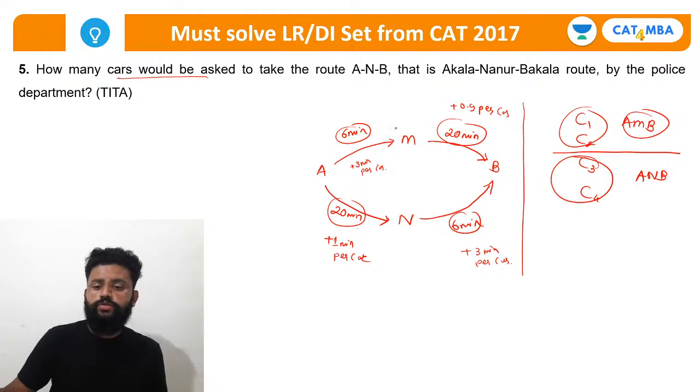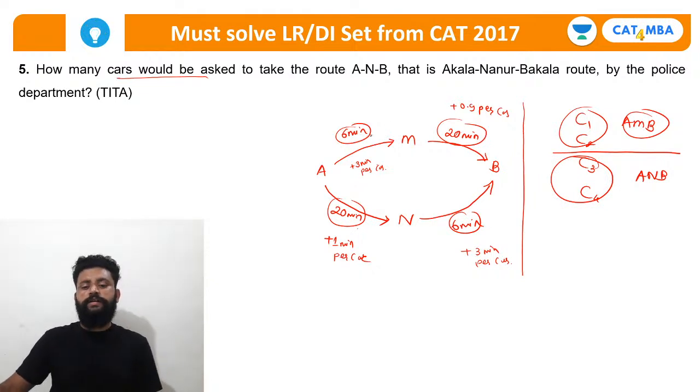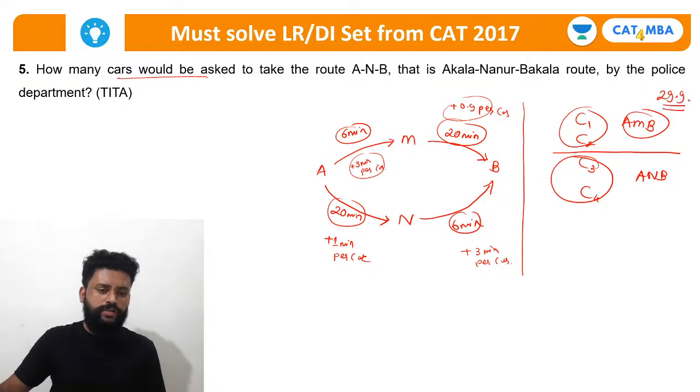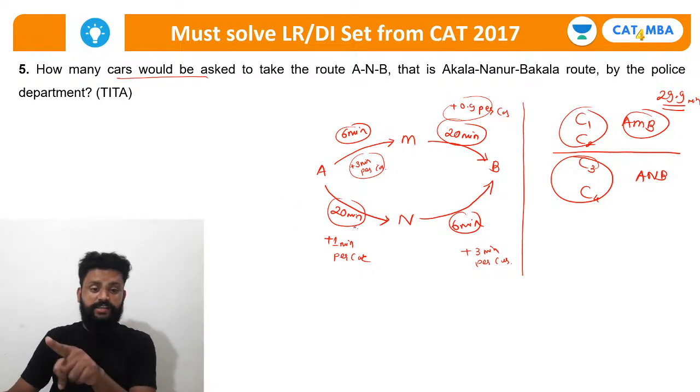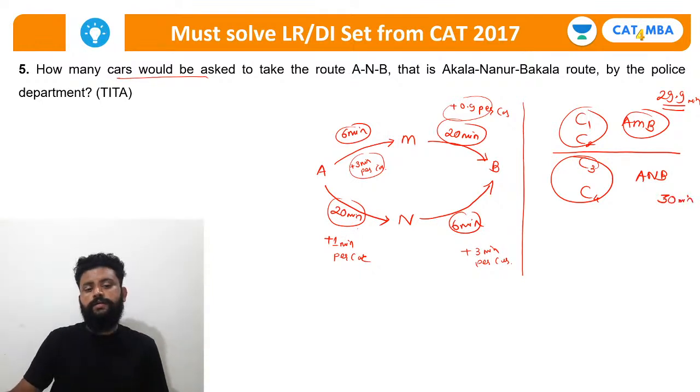अब एक चीज ध्यान दो, इन दो कार्स को इधर जाने से बोला तो ये 6 मिनट लगेगा, 20 मिनट लगेगा। एक एक्स्ट्रा कार है तो यहाँ पे 3 मिनट लगे, यहाँ पे 0.9 मिनट लगा तो 3.9 एक्स्ट्रा लगेगा, राइट? तो 26 + 3.9 29.9, राइट? और यहाँ से जो जा रहा है उसको भी ज़्यादा लगेगा। कैसे? देखो, यहाँ पे 21 मिनट लगा, यहाँ पे 9 मिनट लगेगा, इनको 30 मिनट लगेगा,